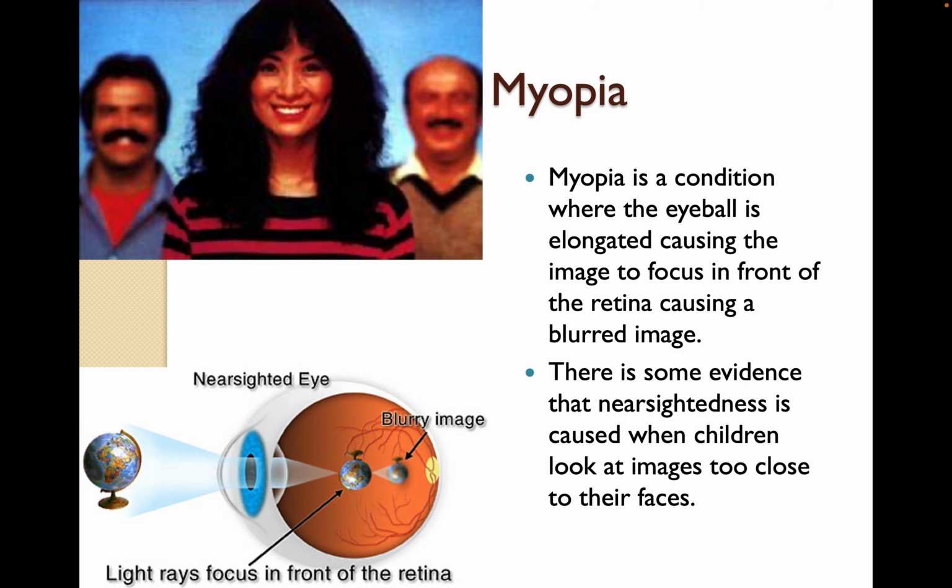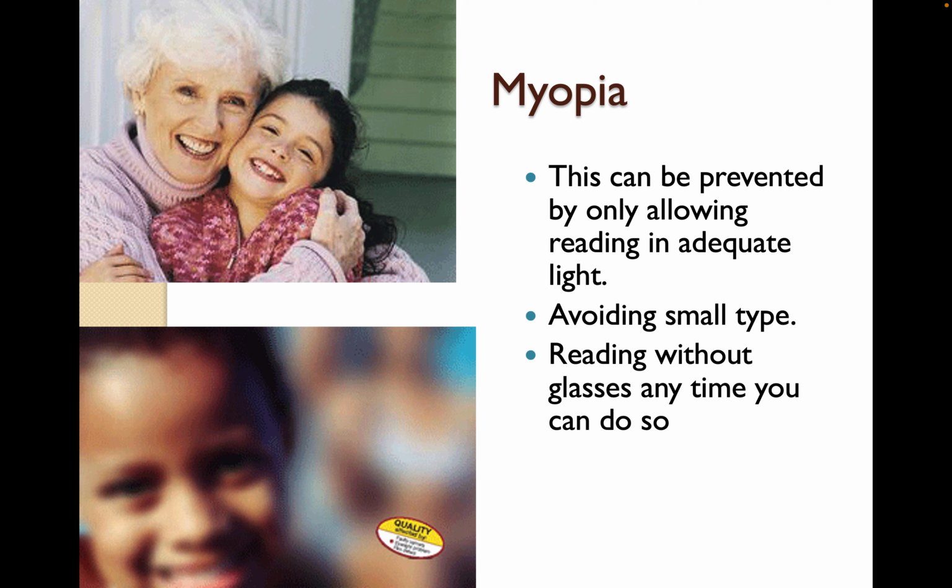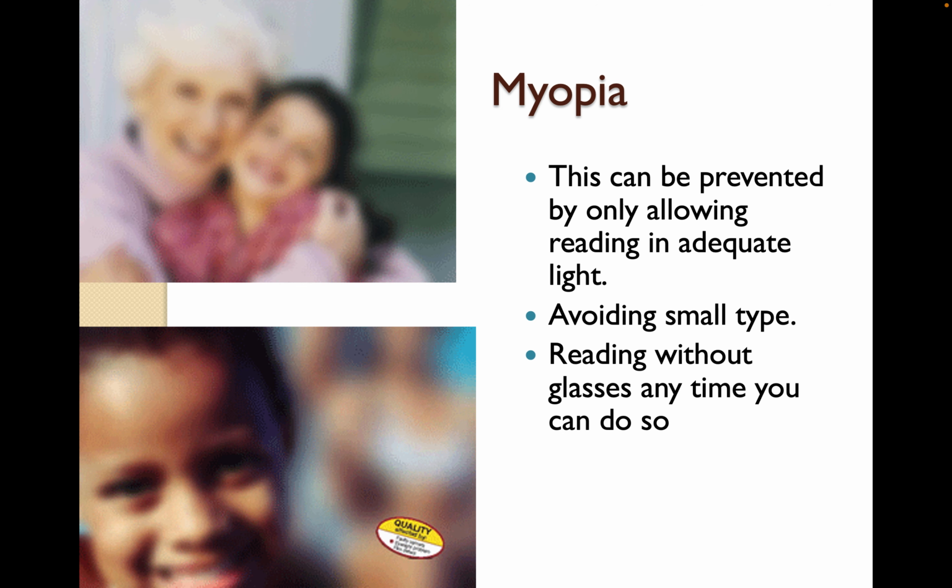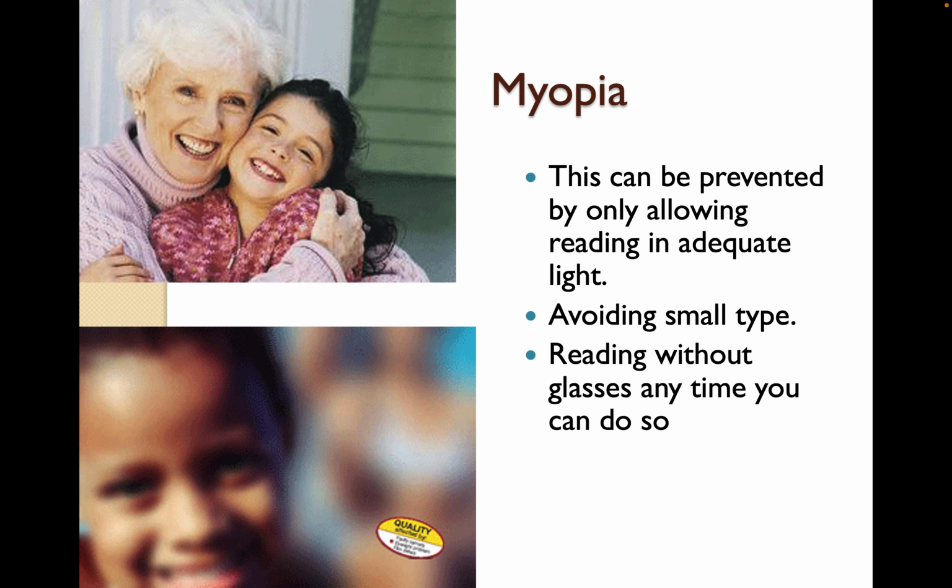Myopia is a condition where the eyeball is elongated, causing the image to focus in front of the retina, causing a blurred image. There is some evidence that nearsightedness is caused when children look at images too close to their faces. This can be prevented by only allowing reading in adequate light, avoiding small type, and reading without glasses anytime that you can do so, to condition the eye to see